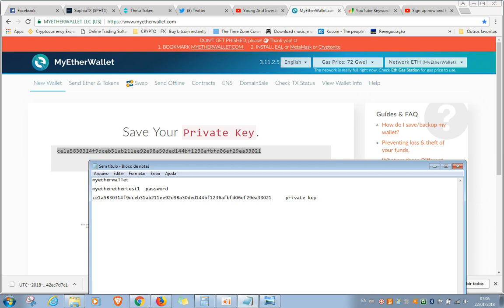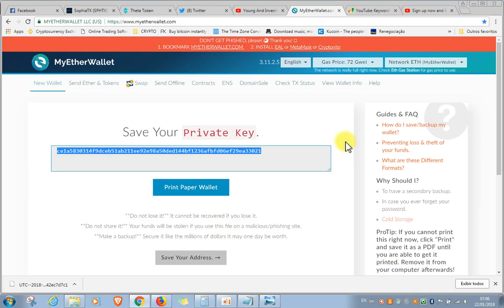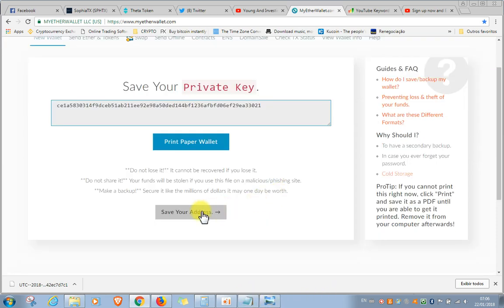MyEtherWallet. Okay, close it. We save it. Print paper wallet with this private key. I don't have a printer attached to my computer now, but if you do, make sure to print it. But I saved it on my notepad, so